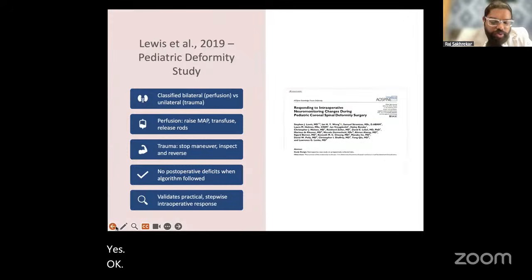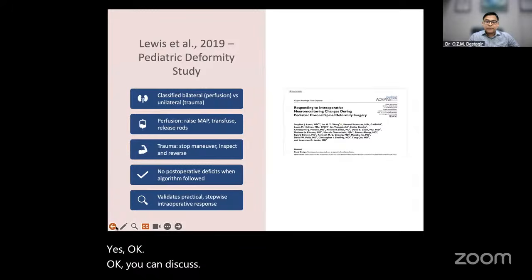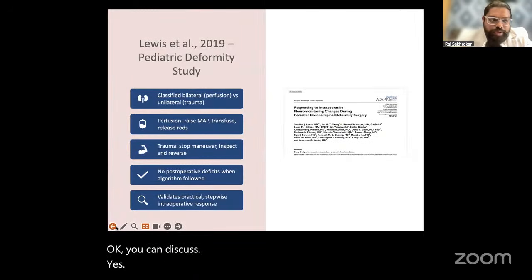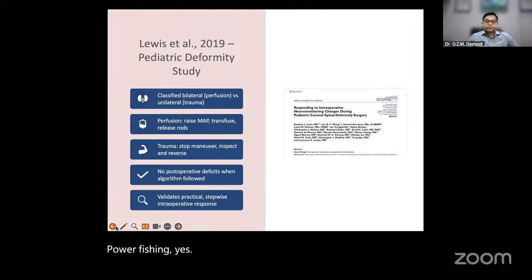Okay, you can discuss. This paper is a very classic paper. It tries to give the algorithm and discuss what could be the cause of the alert, and it divides into two: whether it's perfusion, anterior spinal artery injury because of the stretch or because of the deformity correction, which leads